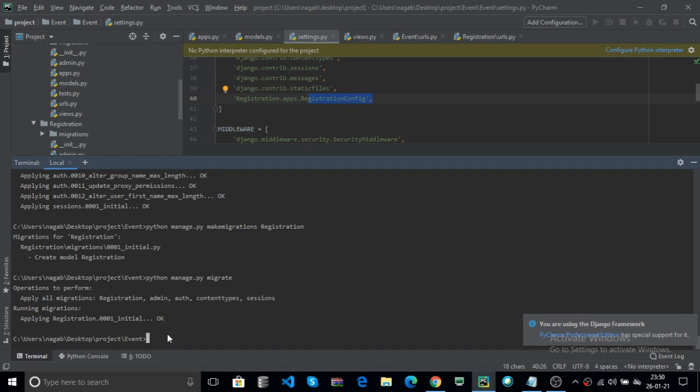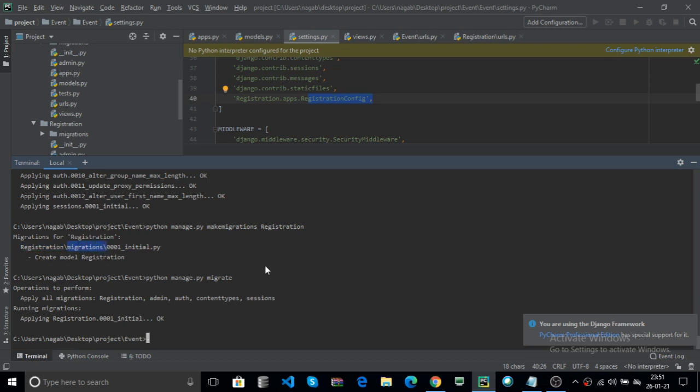Now your model is created, that is similar to your SQL. Here you can see 0001 underscore initial. This is the one file, 0001 underscore initial.py, created in the migrations in the registration package.